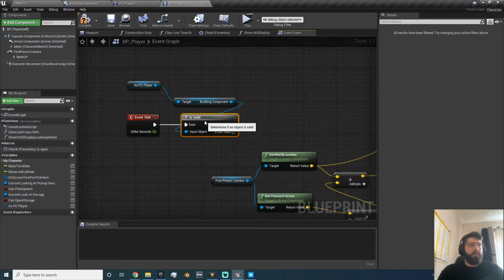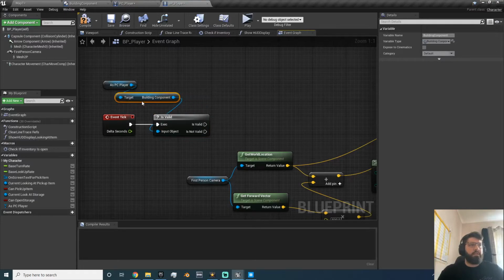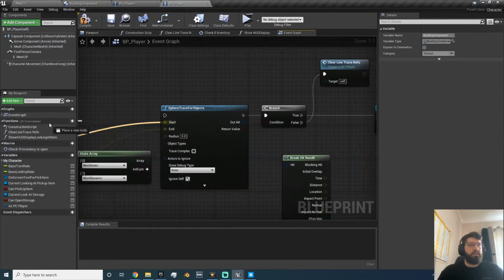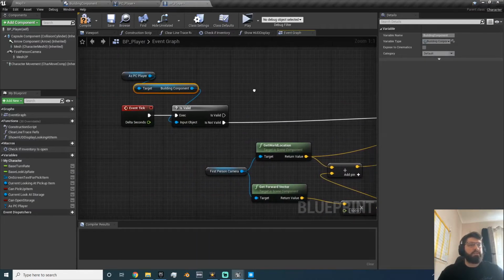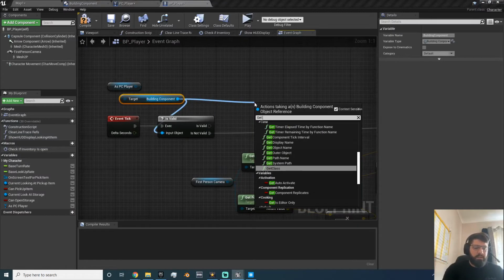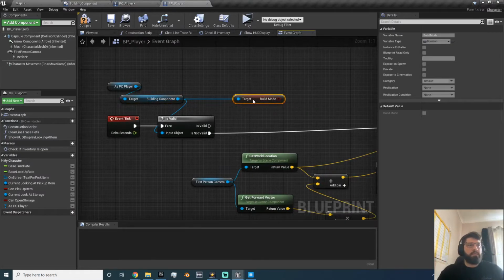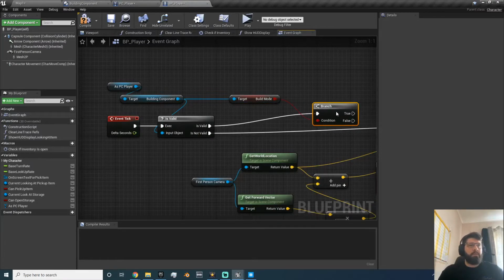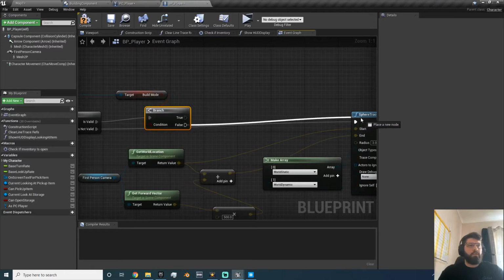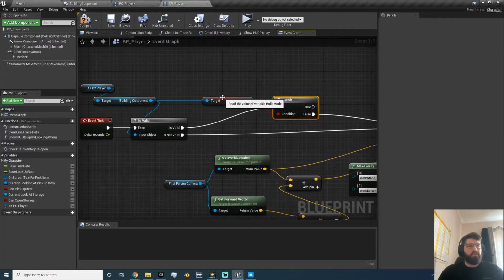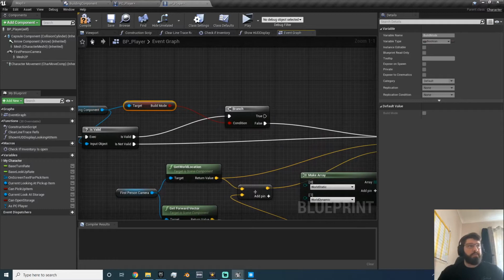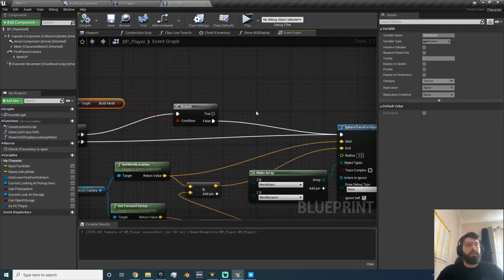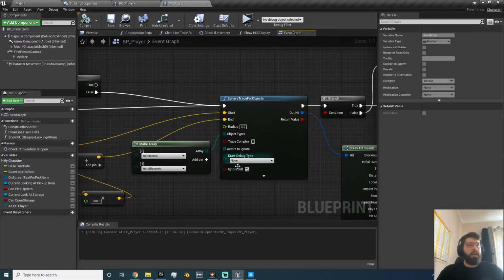Okay, now if this is valid, or if this is not valid, just do your normal line trace. If this is valid, get build mode. Okay, if this is true or false now, if it's false, do your normal line trace. If it's true, don't run this, because you don't want ticks going all over the place. But this is now going to run, and what we'll do is we'll go for duration,